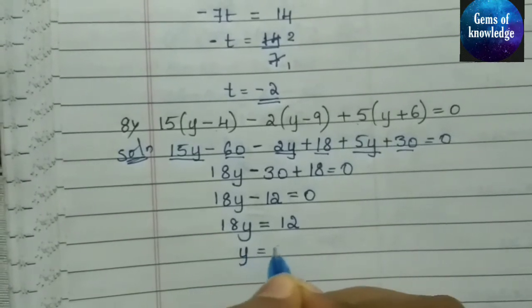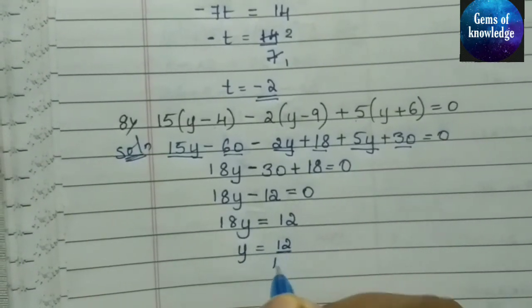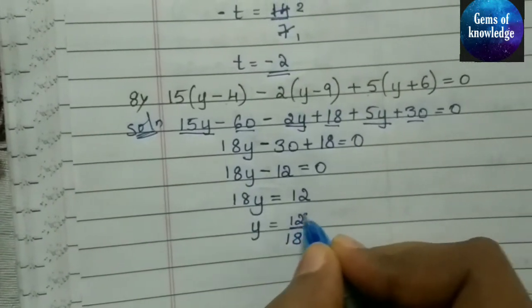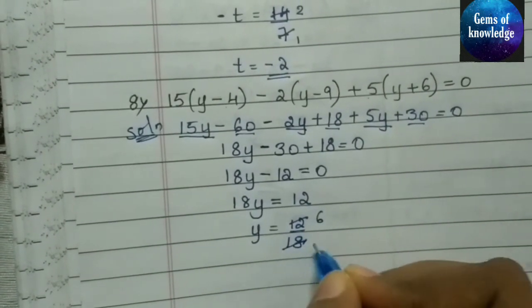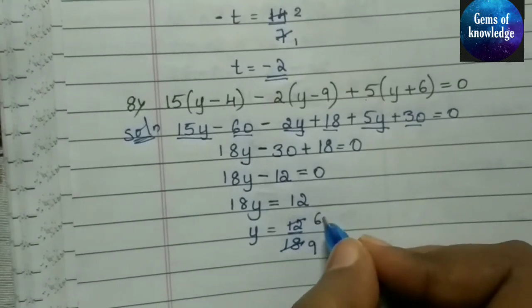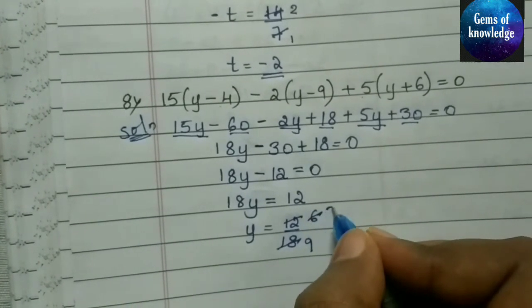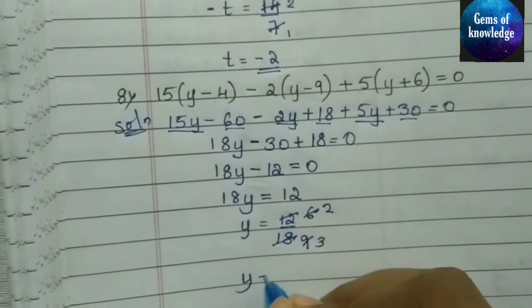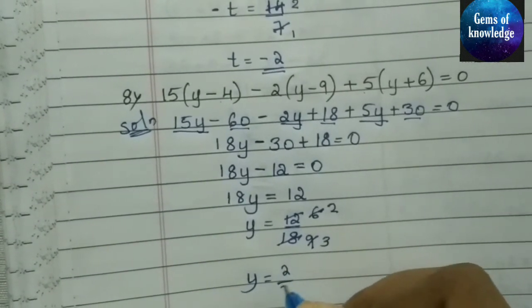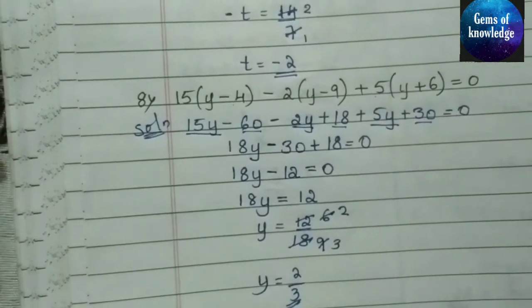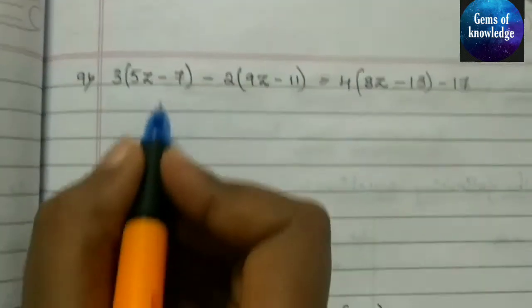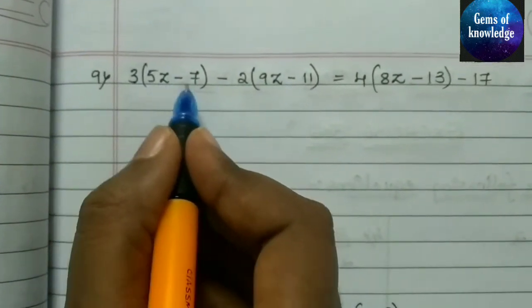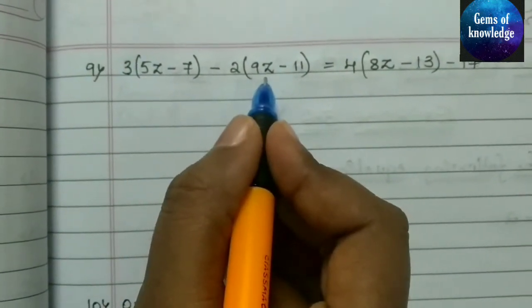Next, y is equal to 12 divided by 18. Okay, so here we can write 2 6s are 12 and 2 9s are 18. Similarly, we can cancel this again, that is 3 2s are 6 and 3 3s are 9. So we can write our y is equal to 2 by 3. Okay. So the next question is the 9th one, that is 3 into 5z minus 7 minus 2 into 9z minus